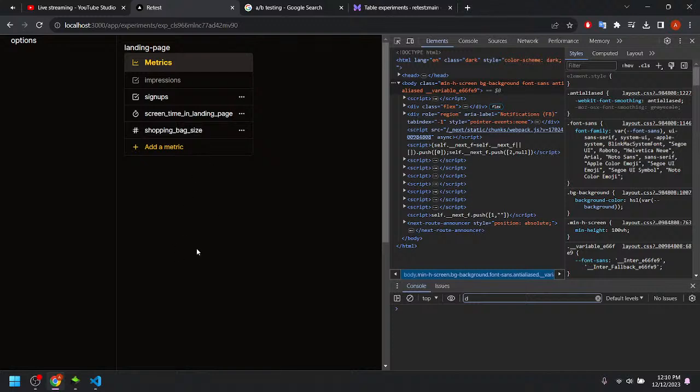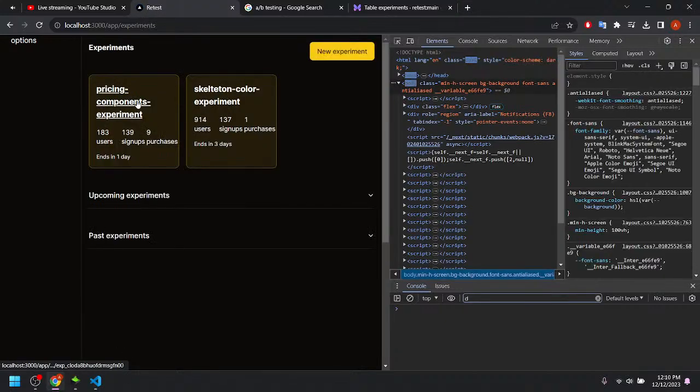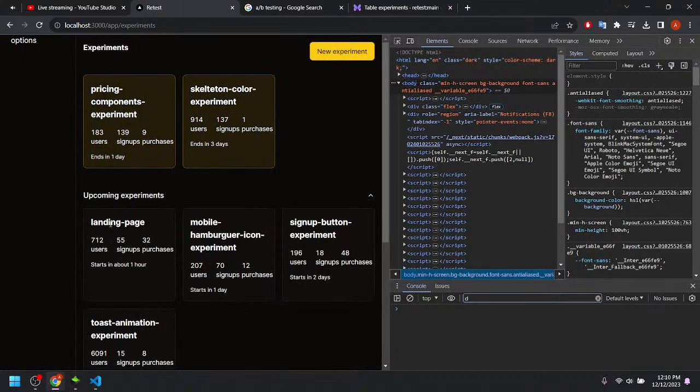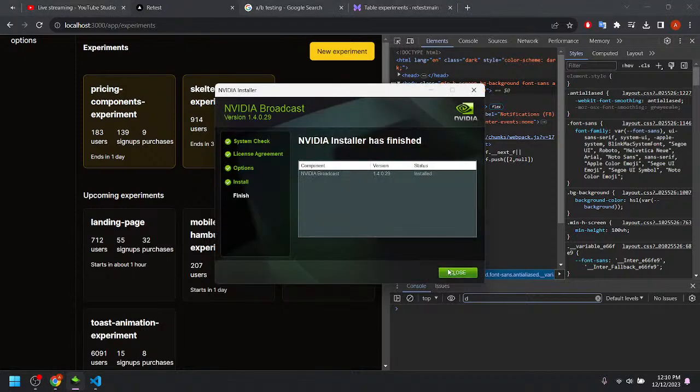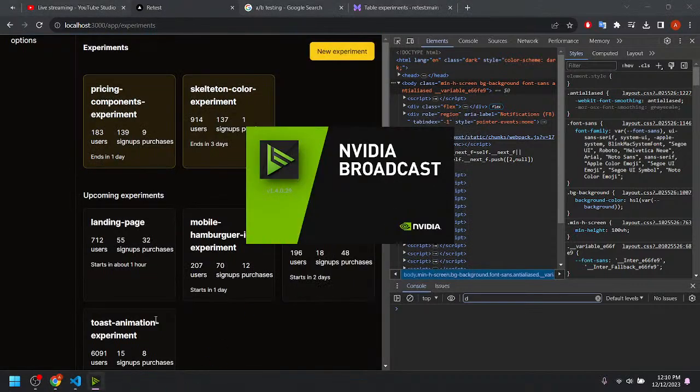We are building the UI and the backend logic to handle the creation of variations for an experiment. But we had a little bug here. We want to be able to click here and be redirected to the single experiment page. So first, let's do that.